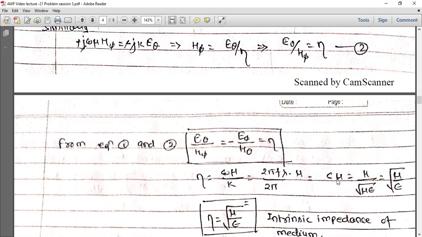And we have c mu, and we know that in any medium with permeability mu and permittivity epsilon, the speed of electromagnetic wave is given by 1 upon root mu epsilon. So we substitute 1 upon root mu epsilon in place of c and get mu upon root mu epsilon. Cancelling square root of mu and getting a square root of mu here, but the resultant is square root of mu by epsilon. And we know very well that square root of mu by epsilon is the intrinsic impedance of the medium, and hence we had proved that thing.